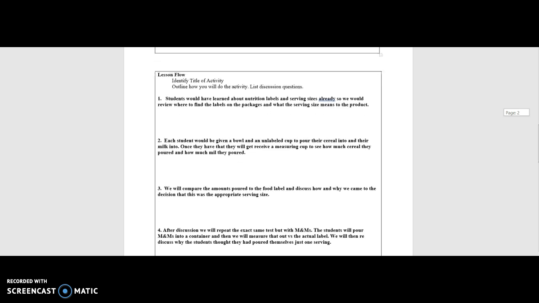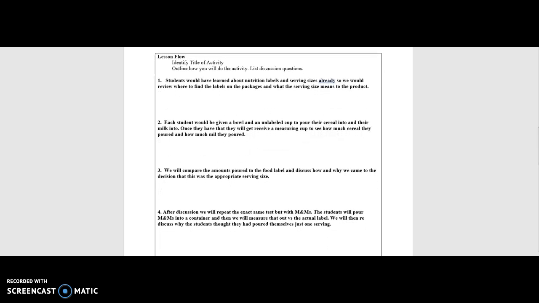How the lesson should flow. We would go over the labels again, seeing how this would have been done in a previous class. So students would have learned about nutrition labels and serving sizes. So we would review where to find the labels on a package and what the serving size means to the product. The first step in the lesson for today would be each student gets a bowl and an unlabeled cup,